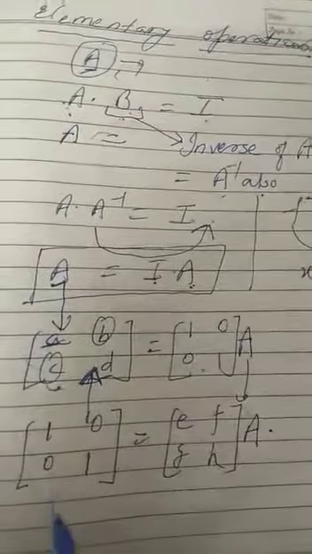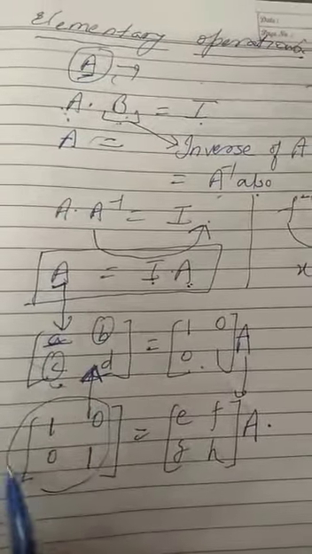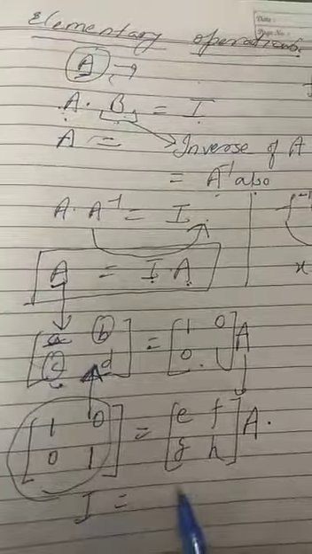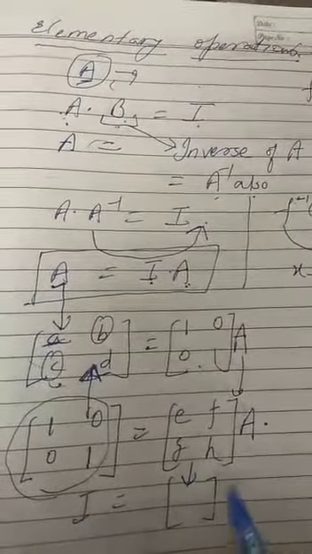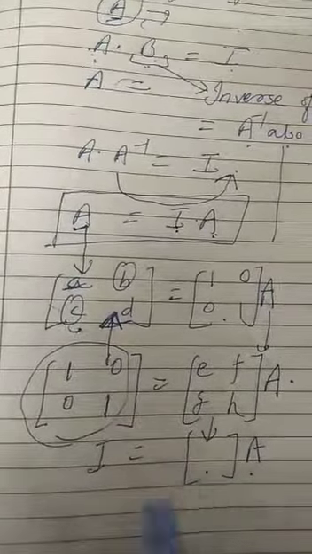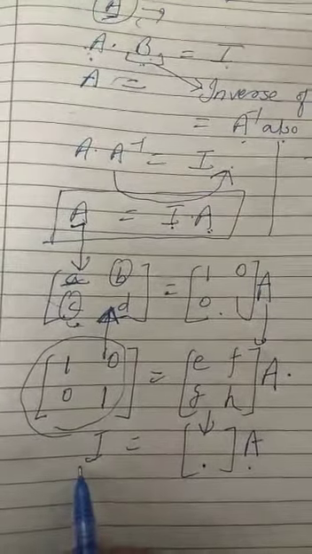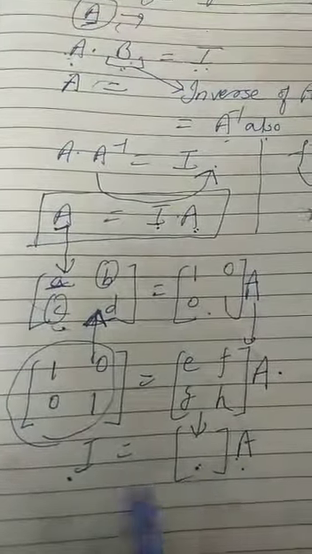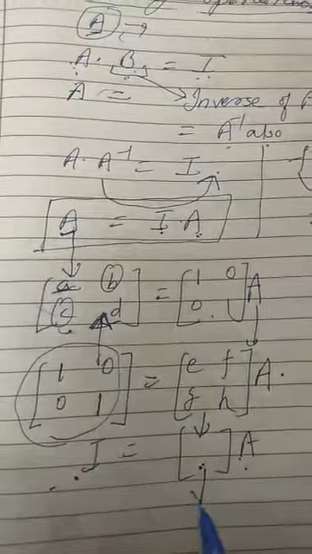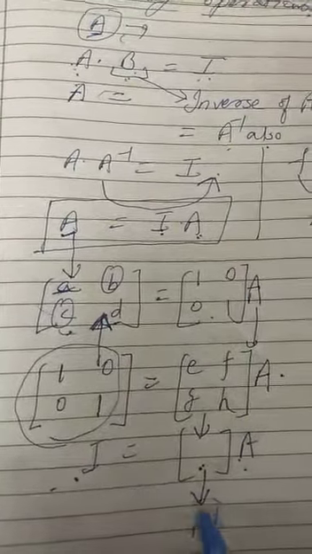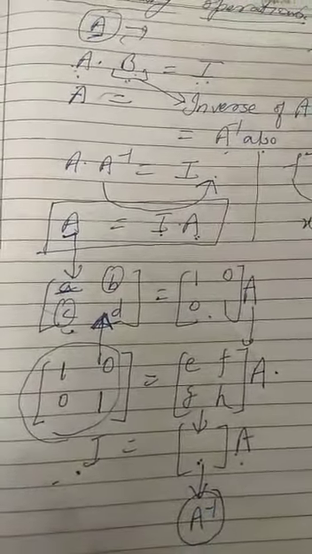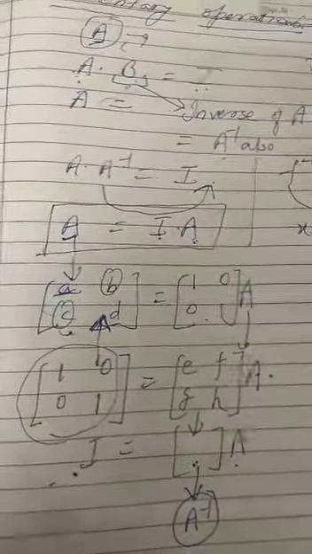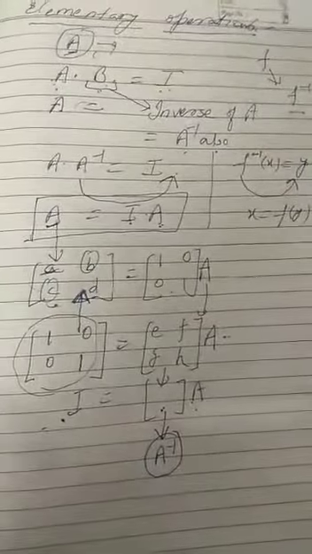Right? So now what has happened? This side has become the identity matrix. This is a new matrix we are getting, and A is as such. It means A into this matrix has become equal to I. So A into B equals I. A into this matrix equals I, that means this new matrix will actually be the inverse of the matrix that we are supposed to find. Right? This is the technique to find the inverse of the matrix.